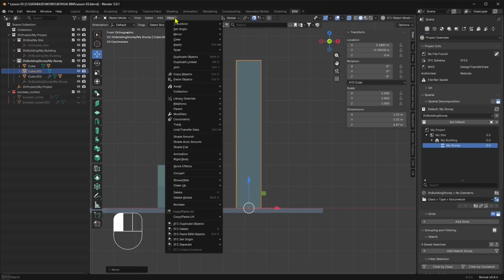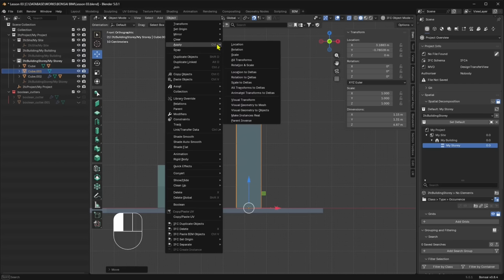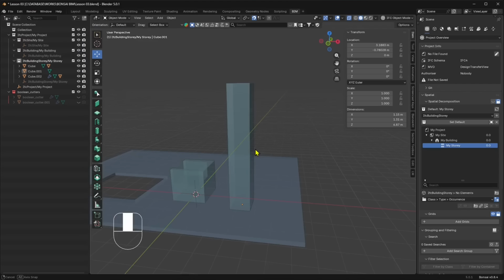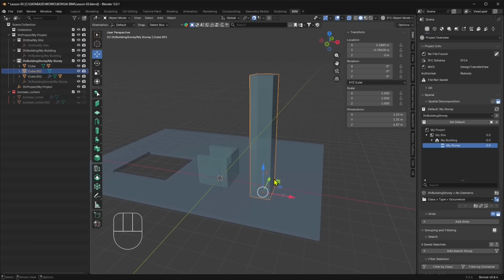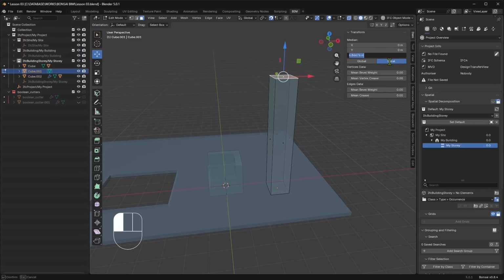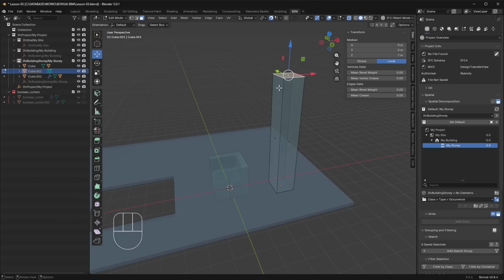Now, usually I do something which is going to Object, Apply, or Control A, and apply the scale. That will make sure that that will be the actual size and dimension of that object, which was initially a cube and has been modified. Now, if I select that face, you can see it's perfectly at 0. And that one will give me exactly the height of the pillar or the column. So I can define here 7 meters precisely, or I can say 6 meters or 3 meters. So I can be really precise with the height, but also with the other